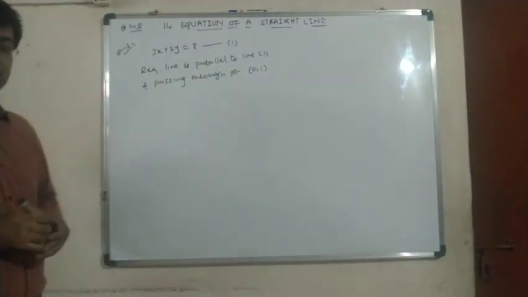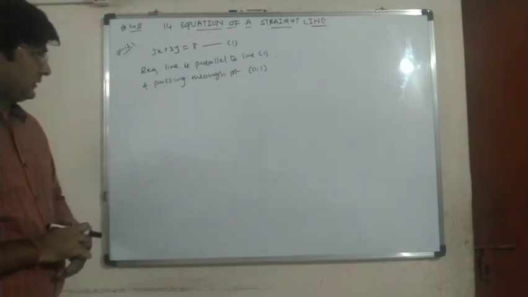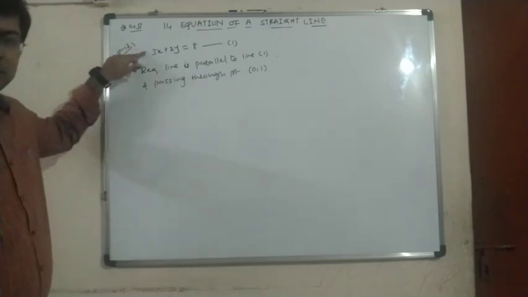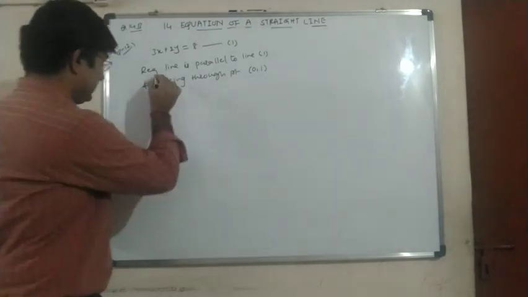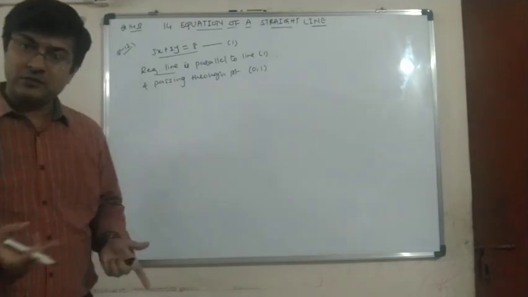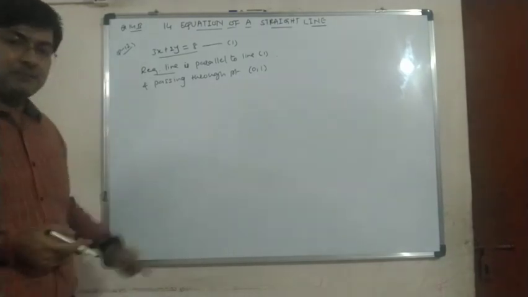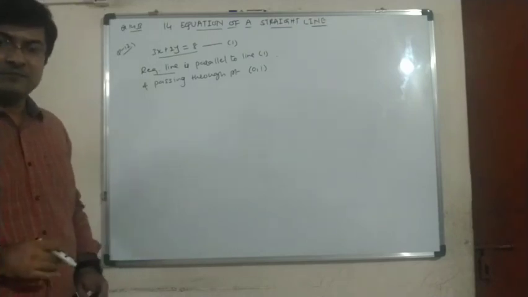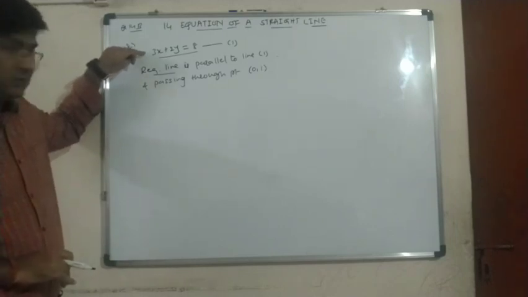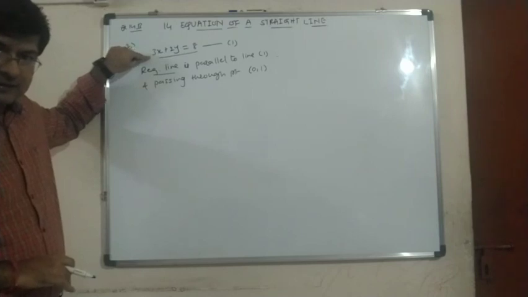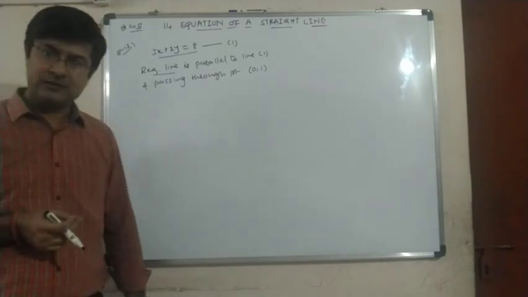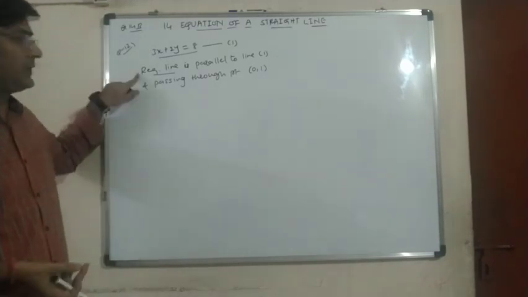Let us again repeat the question. We have to find the equation of a line which is parallel to this line. From this statement we understood that the required line and the given line are parallel lines. If two lines are parallel, then what do we know? We know that their slopes are equal. Clear? Yes or no? It means one equation is given. If you calculate the slope of the given line, the same will be the slope of the required line, because the required line is parallel to line 1. So we will get the slope of the required line.